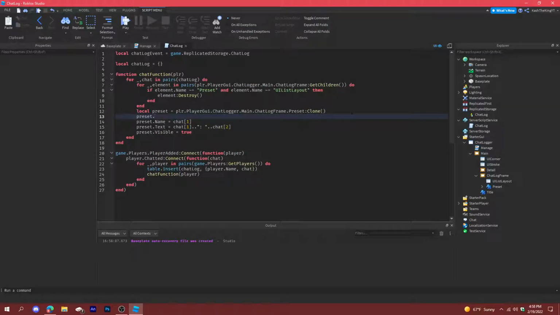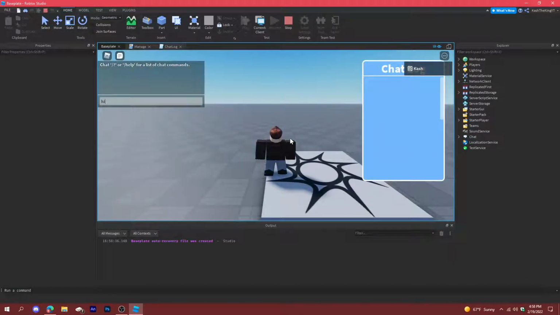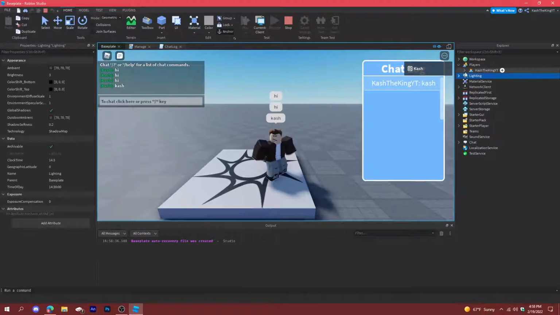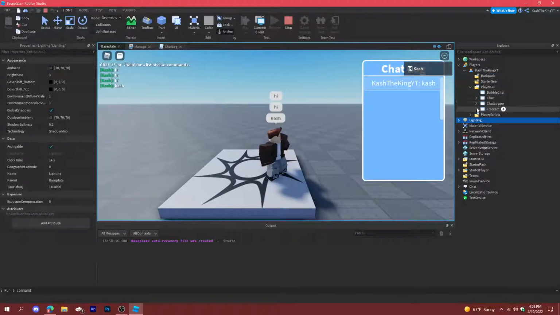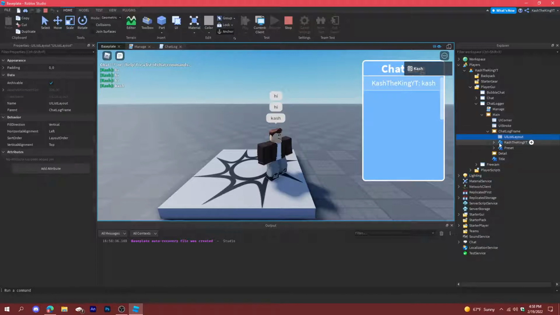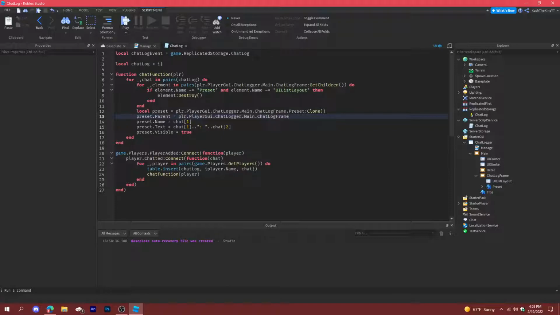Okay, preset.parent equals to player.player GUI chat log frame. Yep, there we go. Hi, cache. Okay, so it did create something, and it stopped creating anything. So if we look here, what happened